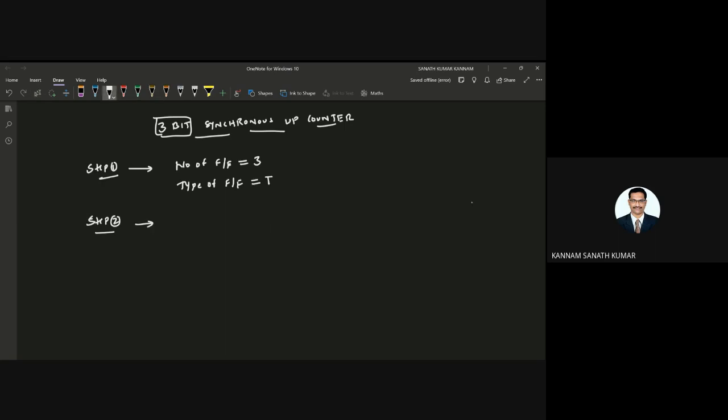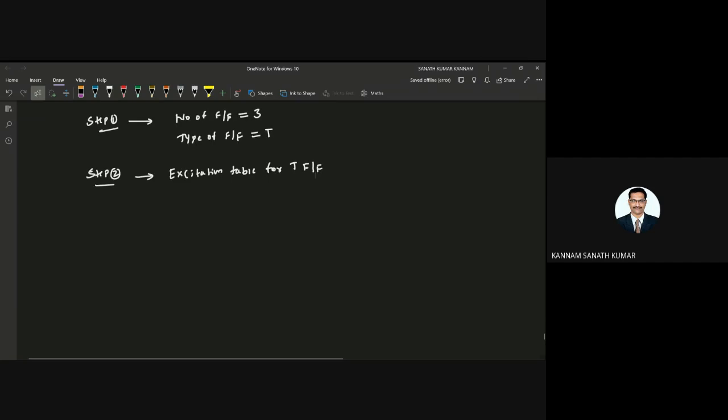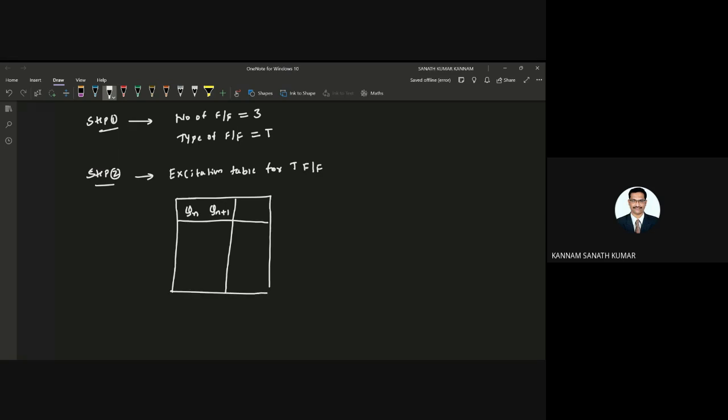Next step 2. You need to get the excitation table for the target flip-flop, that is the T flip-flop. Excitation table for the T flip-flop. So this is Qn plus 1 and T. Okay, so 0 0, 0 1, 1 0, 1 1.